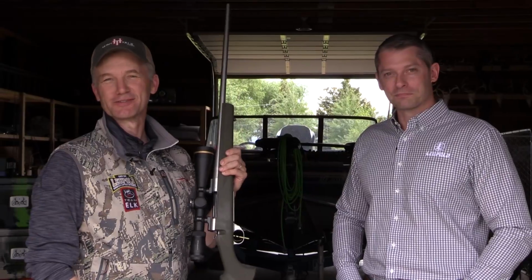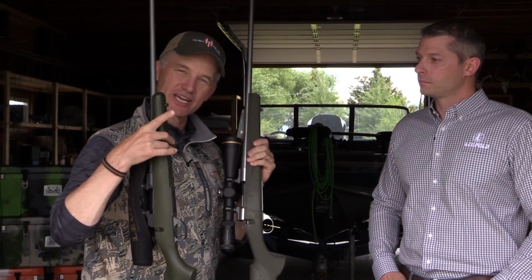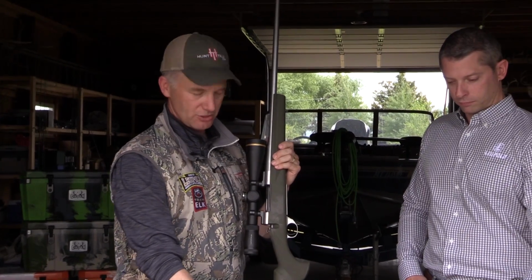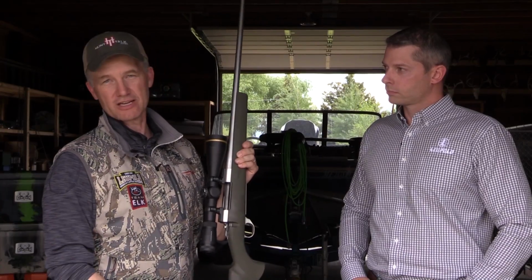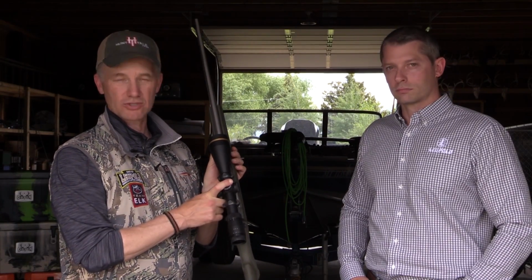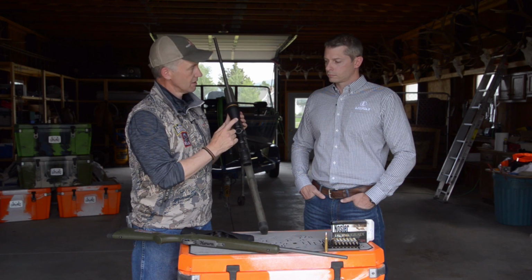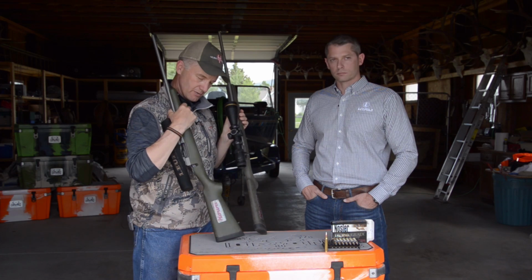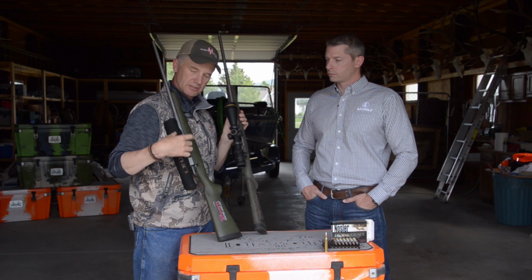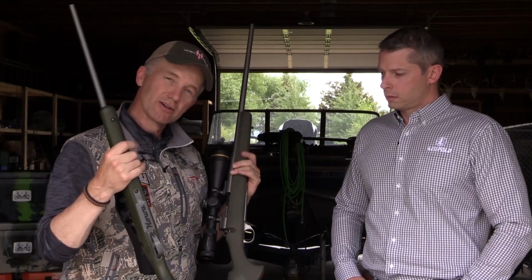So that's what we use, folks. Like I said, many times you might see me with the 308 and the mountain rifle, but sometimes you see us with the larger calibers, and those will be the Howa 1500s. And every time it's got one of the Leupold scopes. Some of our smaller rifles might have a VX3i on it. This one's got a VX6, and like Tim said, this is a 3-18. Yep. This mountain rifle right here, because you want it to be a little lighter weight. This is a 2-12, and this is a 42. Are these 42? 42 millimeters. This is 50. So anyhow, that's what we use,